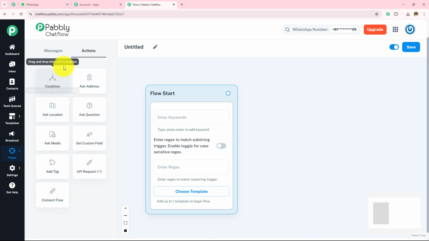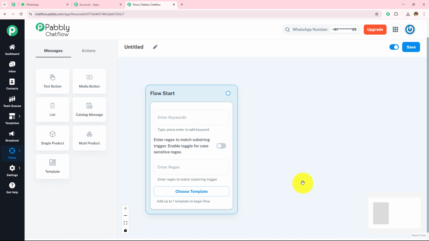Now we are done with all of these buttons. So now let's start creating this WhatsApp chatbot. Chatbot is a powerful no-code automation tool that allows businesses to create AI-driven chatbots for customer support, lead generation and more. It helps automate repetitive tasks, improving efficiency and response time by offering 24/7 support. It enhances customer experience and boosts engagement. It is important because it saves time, reduces human error and allows businesses to focus on growth.